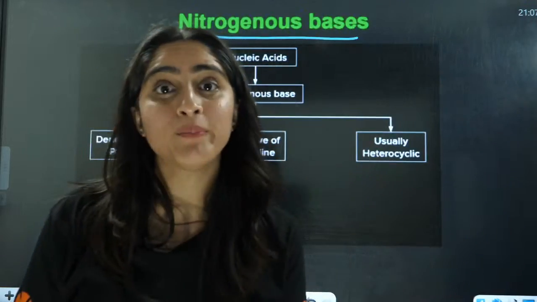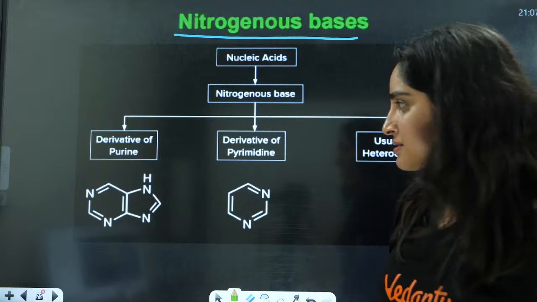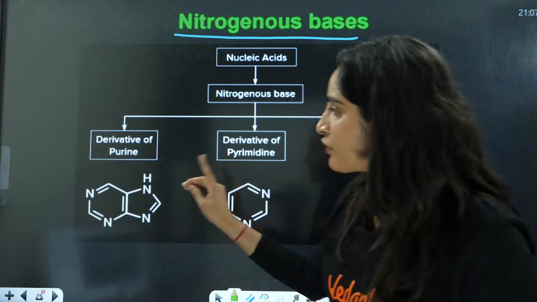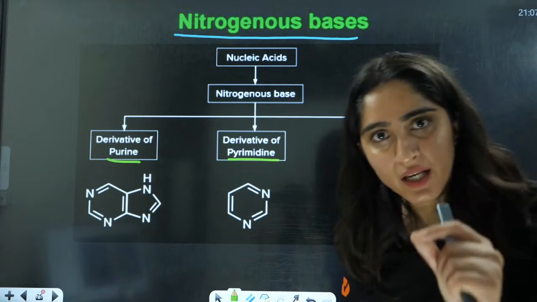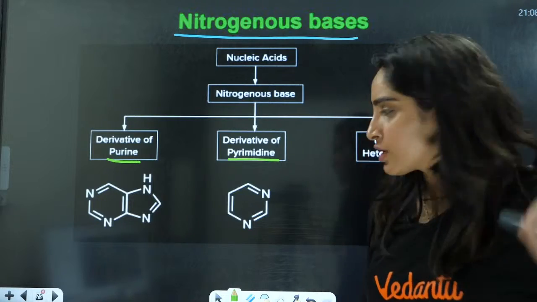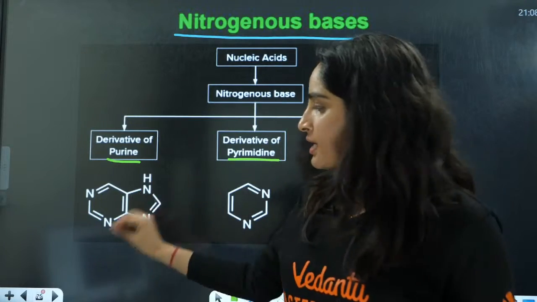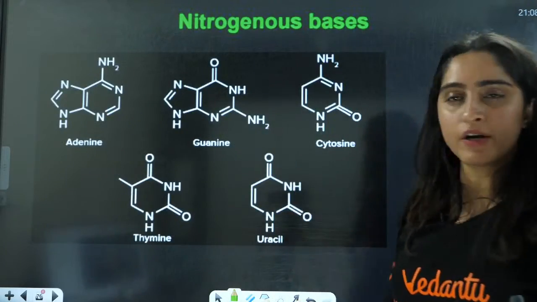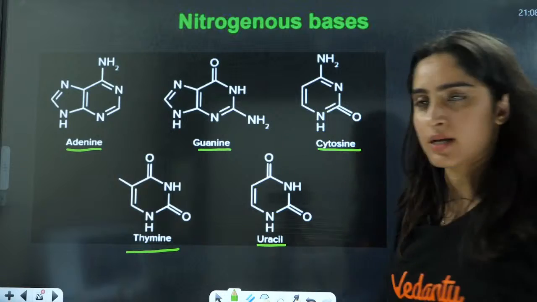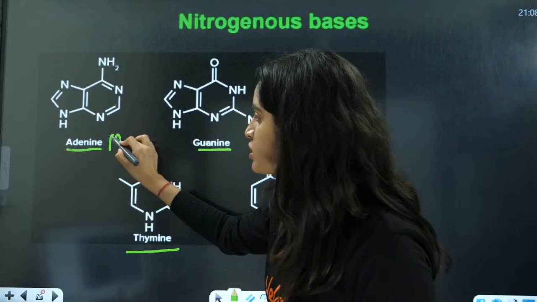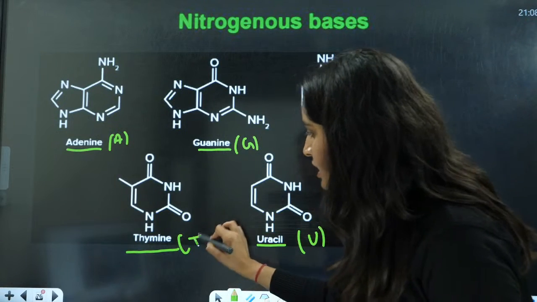Usually questions are asked from the bases, the nitrogen bases here. Right? How many nitrogen bases? The basic unit here is that it will be either purine or it can be pyrimidine. Right? So this is pyrimidine, this is purine. Different substituents will be there. Right? And we will have different bases here. That is adenine, guanine, cytosine, thymine, uracil. These are the 5 most important bases. This is G, this is C, this is U, and this is T.